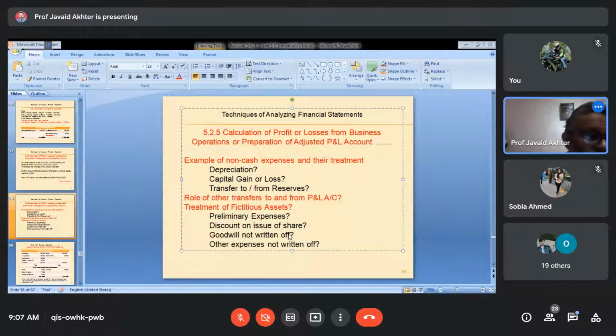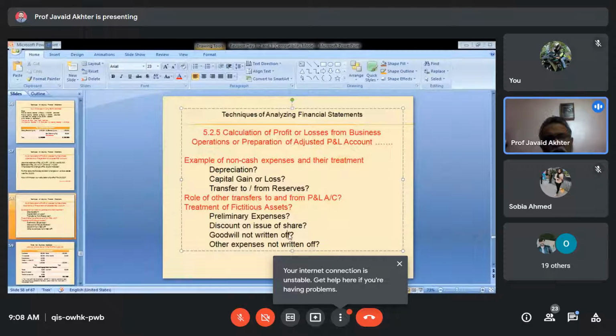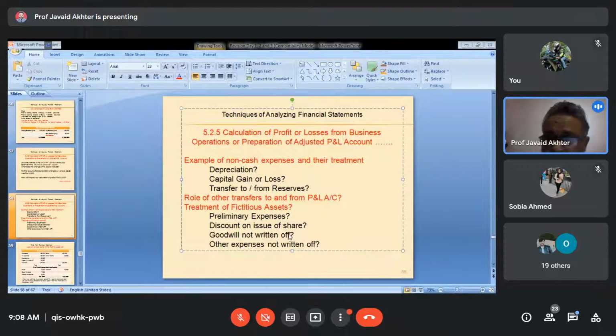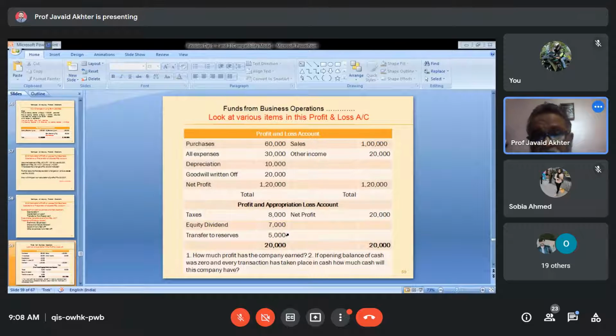When a company purchases another company, it pays a huge amount for goodwill. Whatever amount it pays for goodwill, the entire money is not shown in the profit and loss account of the same year. It is spread over 5 years, 10 years, and every year it is gradually reduced. When it is gradually reduced, nothing goes out of the company. So these are also added back. I am providing you the complete information on the next page.